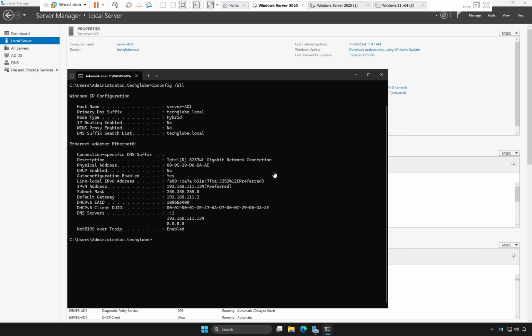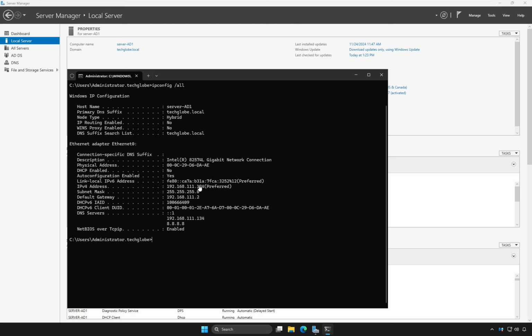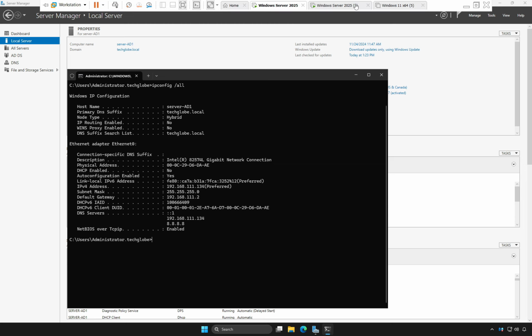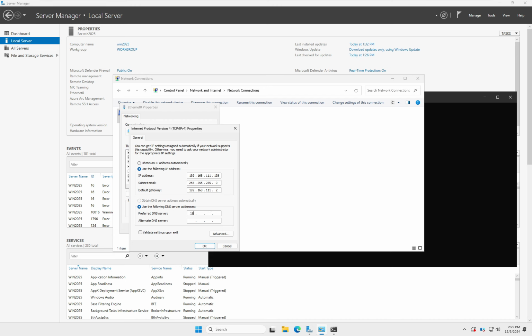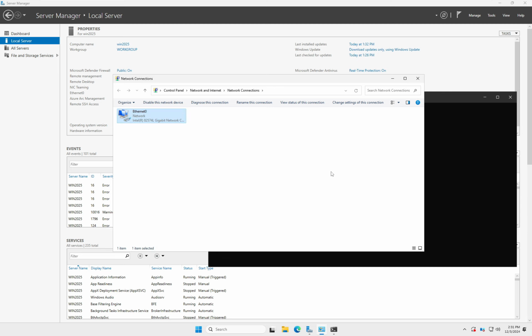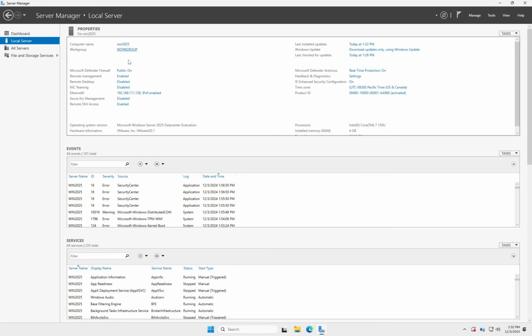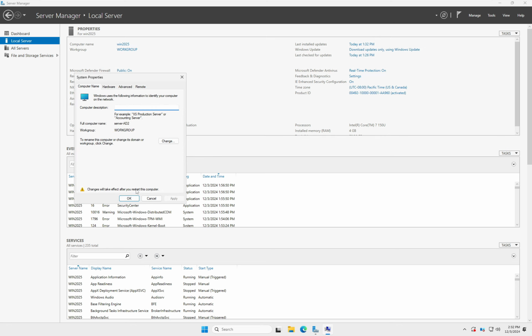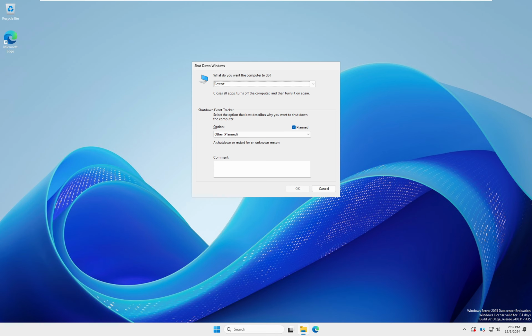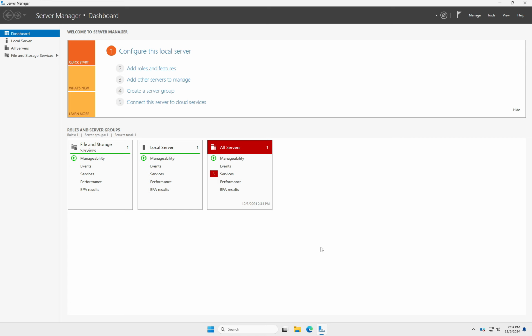Make sure that your primary server IP address, now this is 134 range, okay, and I'm going to enter here 192.168.111.134. Click on OK, and let me restart the server because a pending restart is still there. So I'm gonna restart, and now after the restart I'm gonna install the roles in the second server, manage and select add roles and